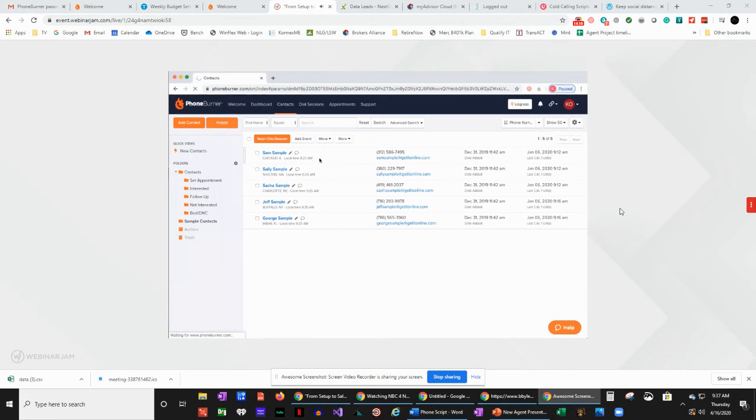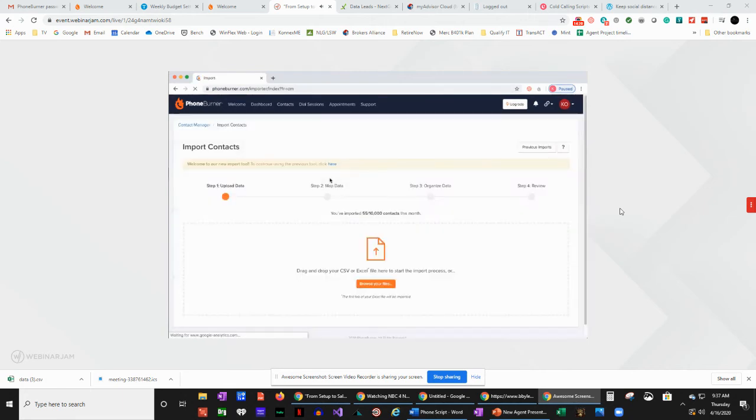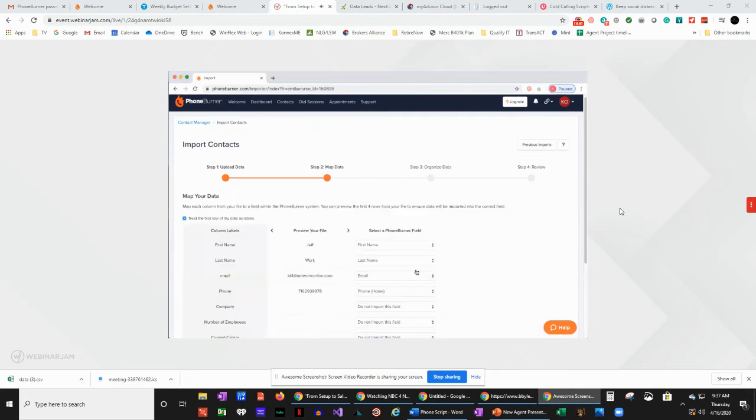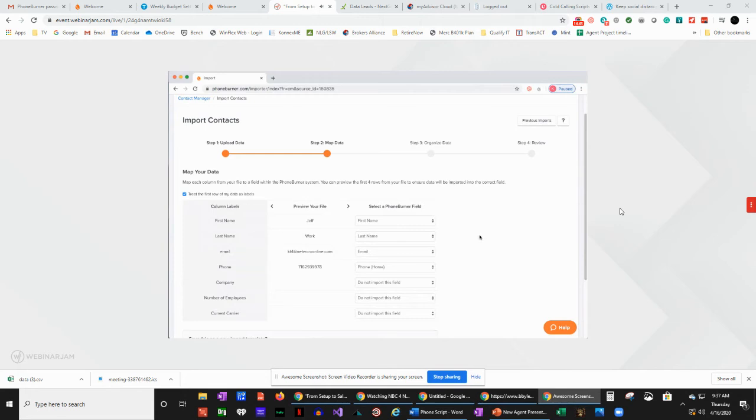All right, so I'm going to simply click on the import button here, and there's several of them throughout the back office. And you will see you can browse your computer for your file, or you can simply drag and drop a file in here. Now, it does need to be CSV or an Excel file. A CSV file is just simply an Excel file saved in a CSV format. So I have one here that I'm simply going to drag and drop in there,